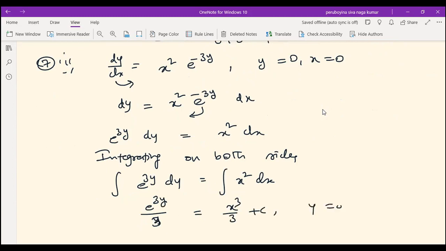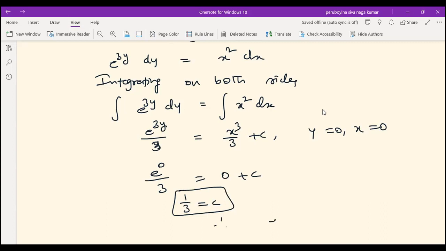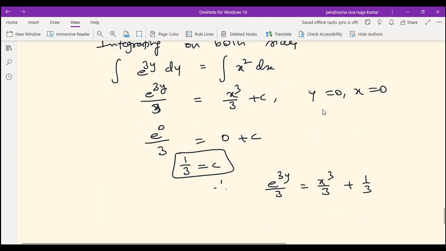What are the conditions? y is 0, x is 0. Now we will substitute these values. e power 0 by 3, because 3 into 0 is 0. e power 0 is 1. So 1 by 3 is equal to c. Therefore, the solution is e power 3y by 3 is equal to x cube by 3 plus 1 by 3. You can cancel the denominator 3 overall. Okay. Therefore,